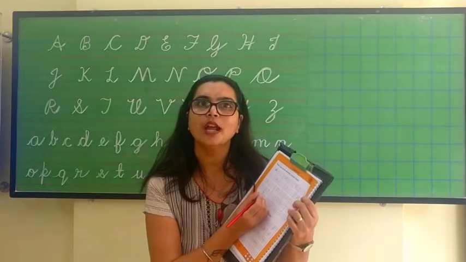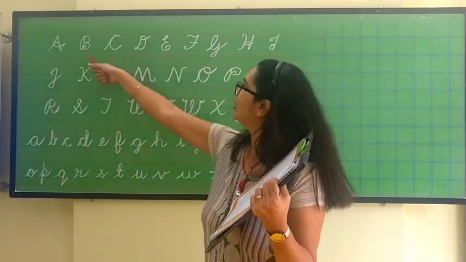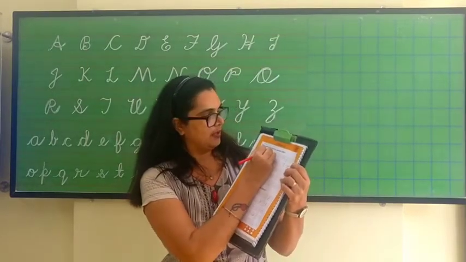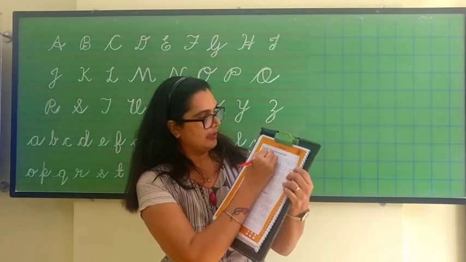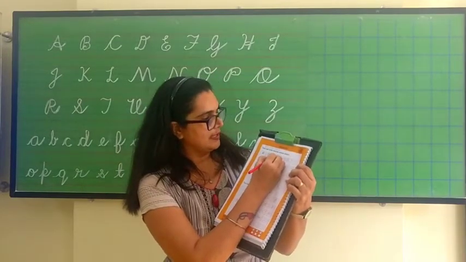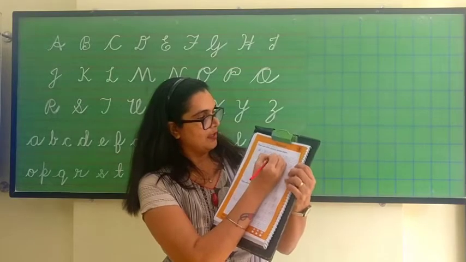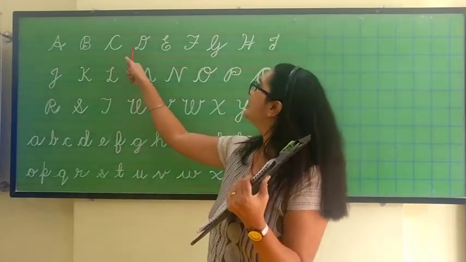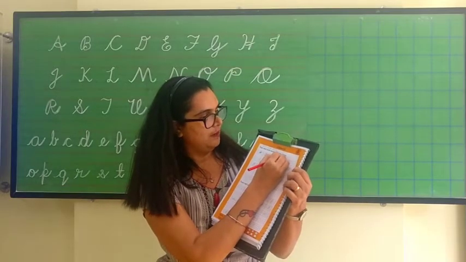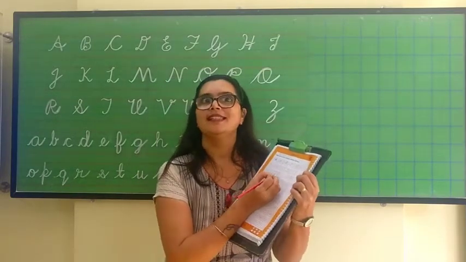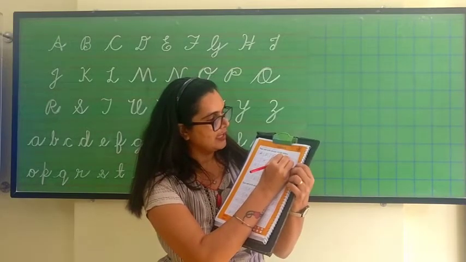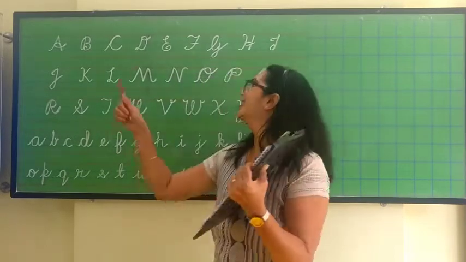And now how are we going to write B? Yes, we can write the B from here also. The next letter is B. So let's write B. And these are the capital cursive letters. We are going to trace C. And now we are going to write D. So turn, go up and a curve. D. Let's trace E. So keep on tracing and writing the letters.